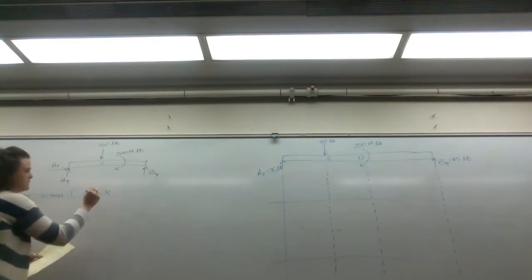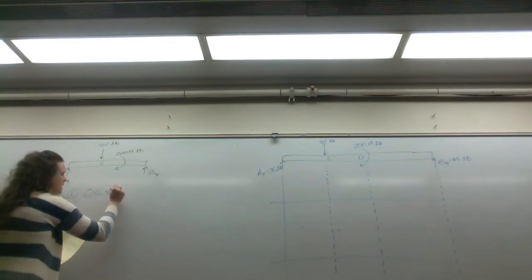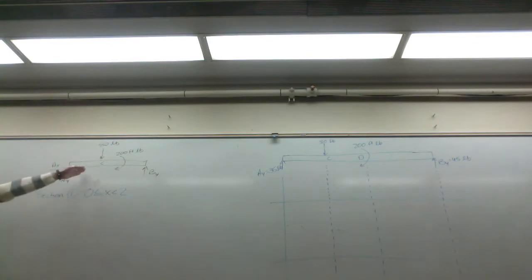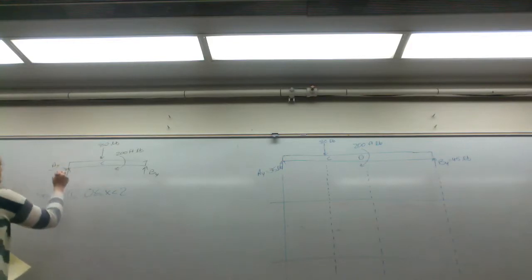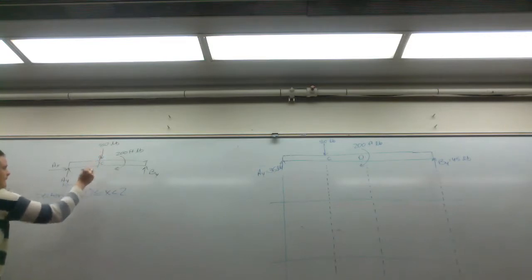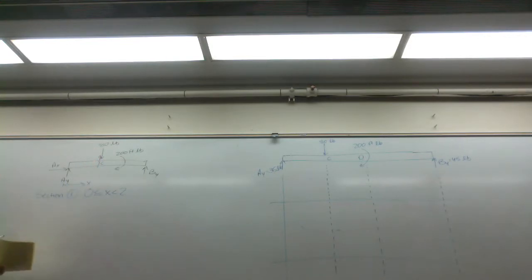So x is between 0 and right before x equals 2. So we're making a cut right before x is at C. We're making this x, and you're analyzing from point A. So if I make my cut right before C, right when x is 2, and draw your free body diagram,